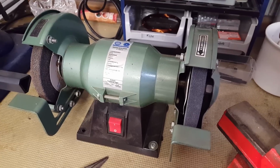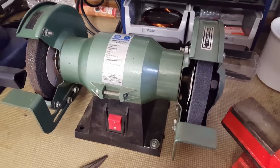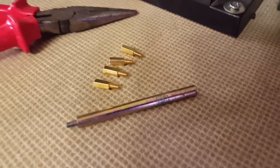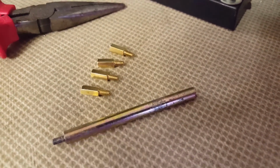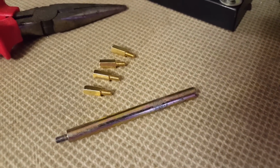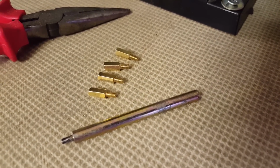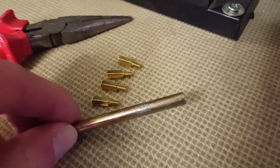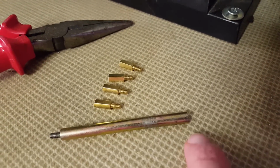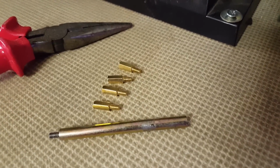Bought this thing at a flea market for €16, and it turned out to be really helpful to shorten down these standoffs. I took away about 2 millimeters of each standoff. Obviously, holding them straight onto the rotating machine would be a very dangerous thing to do, so I found this much longer standoff, and I screwed the short pieces into it, and using this, I was able to safely hold